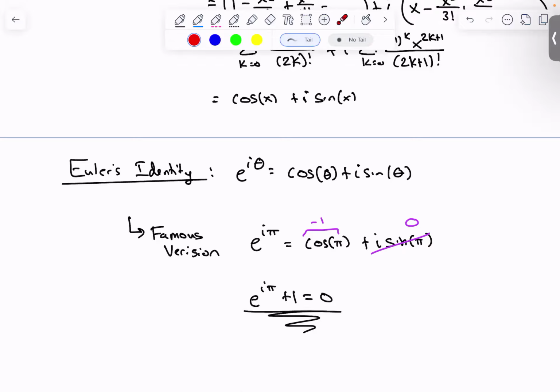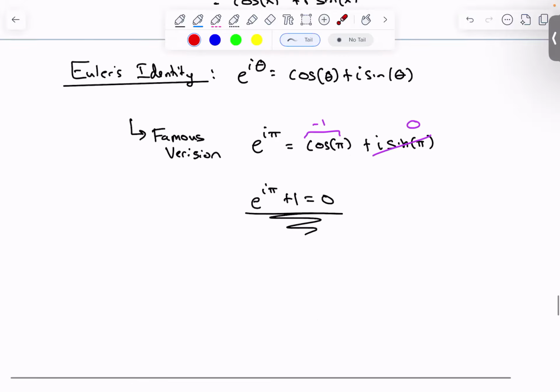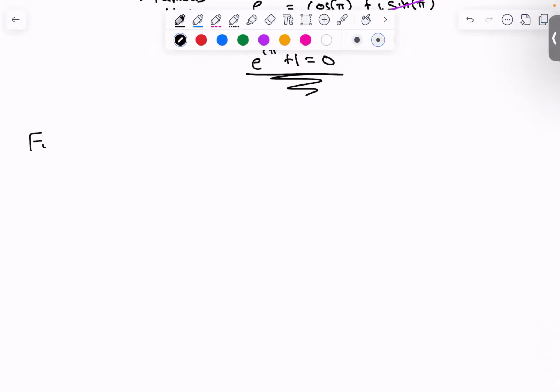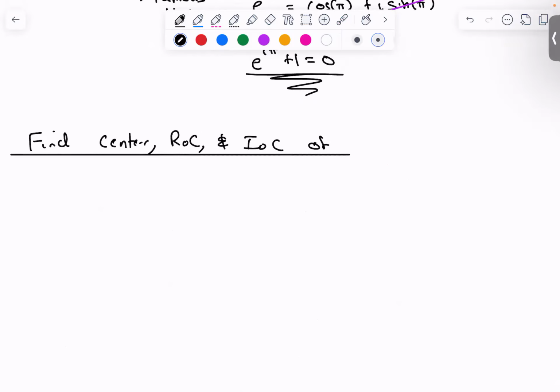When we finished Unit 4, let's have a little bit of practice. Let's do 2 or 3 of these guys. So find the ROC, find the center, ROC, and IOC of A, which will be,